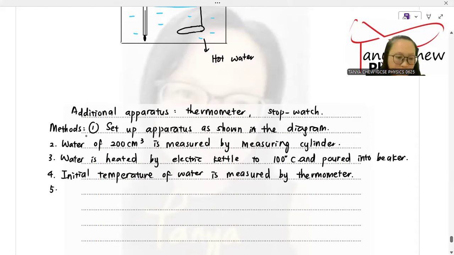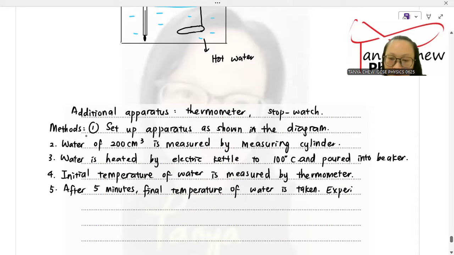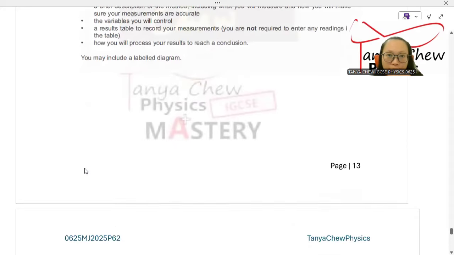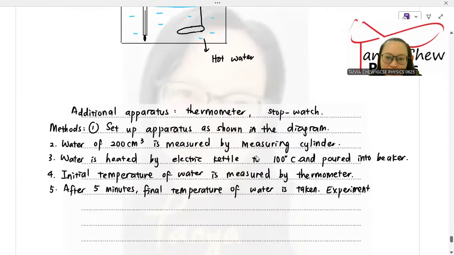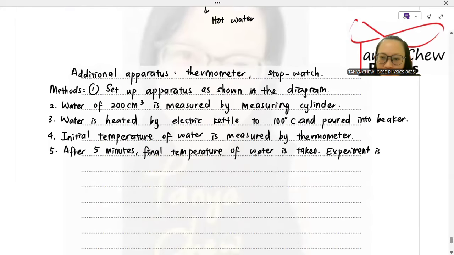Okay, and then after 5 minutes, I would take the final temperature of water, right? So after 5 minutes, final temperature of water is taken. Because they ask us to explain, could you see right here? How are you going to make sure that your measurements are accurate? So